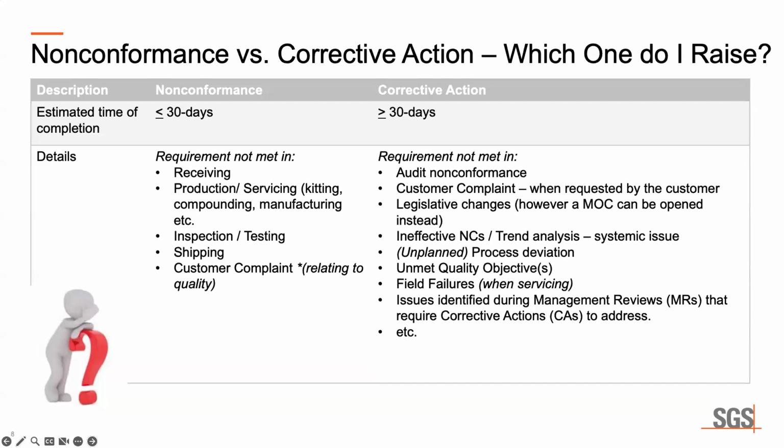Now, I've seen some organizations, especially bigger companies, that say, we do not spend 30 days on this, it's more like 45, 60 days. On very rare occasions, maybe two or three clients of mine, it's been 90 days to rectify nonconformances. In that case, their corrective actions would be 90 days plus. You might say, what in the world could possibly take you 90 days? Well, think about this.